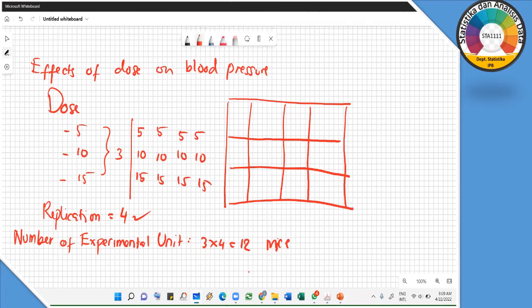Then here, let's say you assign number 1, number 2, and so on to these. Let's say this one is mouse number 1, mouse number 2, mouse number 3, mouse number 4, number 5, number 6, number 7, number 8, number 9, number 10, number 11, number 12. So this is the mice number. Then you need to apply at